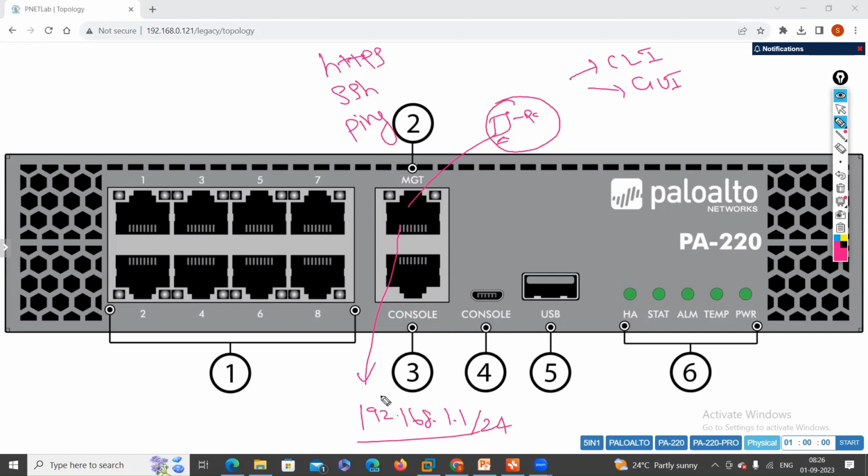So you can access the console either the GUI console through HTTPS, or the CLI console through SSH, right? And to check the reachability, you can use ping services to check the reachability between the management interface of a Palo Alto firewall and your management PC, guys. Okay. So after getting reachability, you can start to access the console, either CLI or GUI, because this is